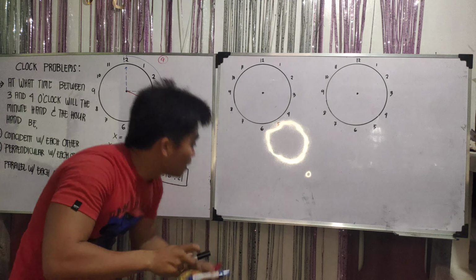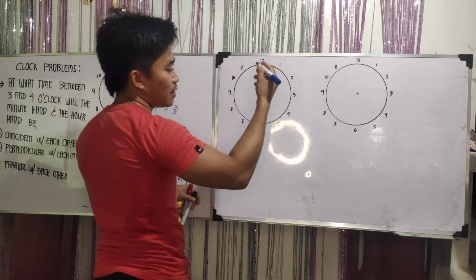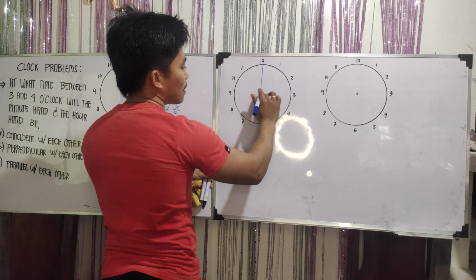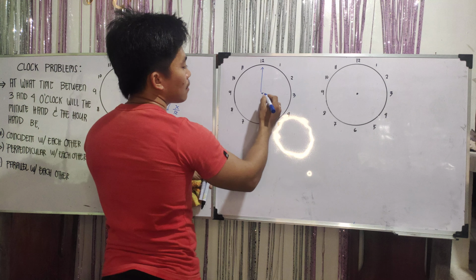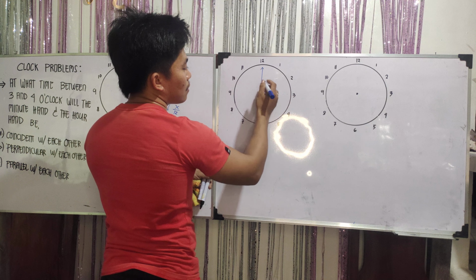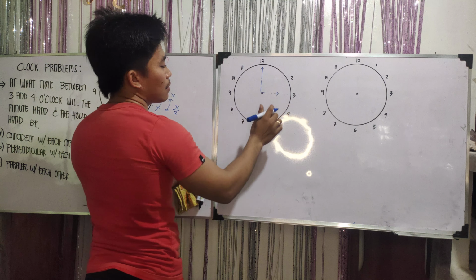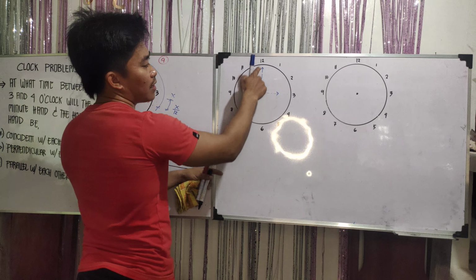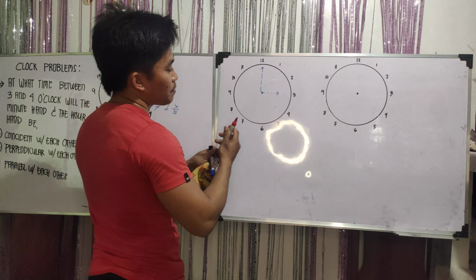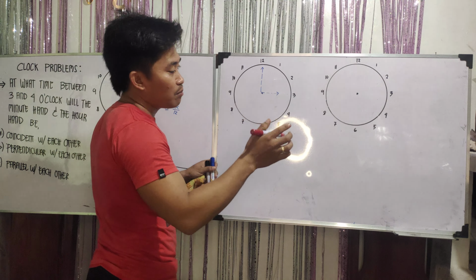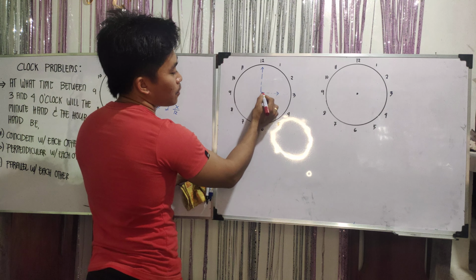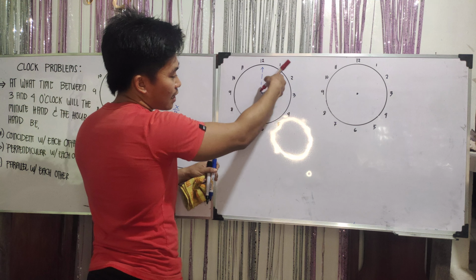Again, I'll just use the blue pen to denote that this is the current time. At exactly 3 o'clock, dyan siya nakatutok. The hour hand nakatutok sa 3, minute hand nakatutok sa 12. Again, the problem asks at what time between 3 and 4 o'clock magpiperpendicular si hour hand tsaka si minute hand. So in short, if this minute hand has moved,